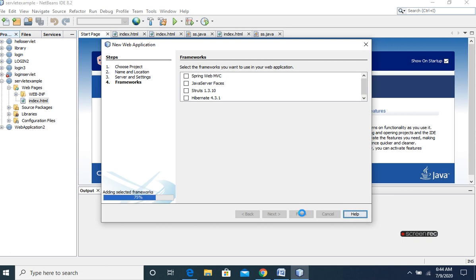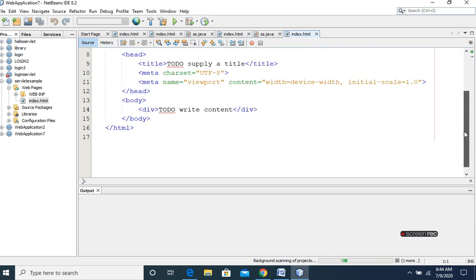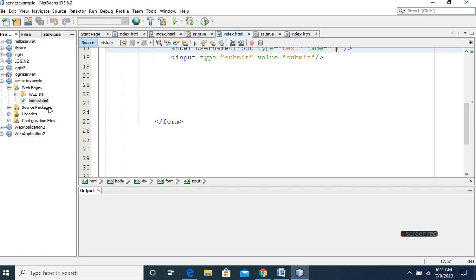In NetBeans, whenever a project is created, we can see the index.html file is created. In the index.html file, we can give the form sections as well as specify whatever parameters we want from the client side to interact with the servlets. So we will see a simple example of servlet interaction. See the index.html file.